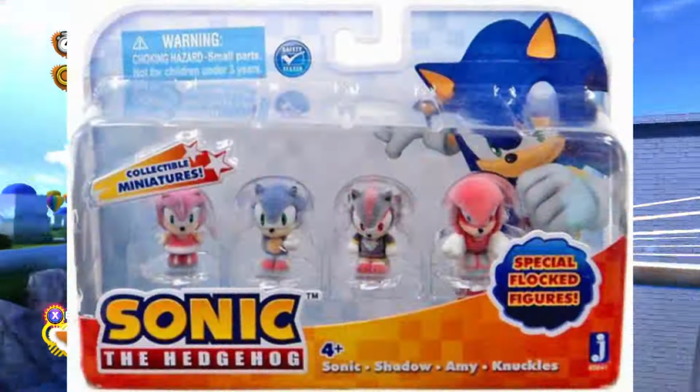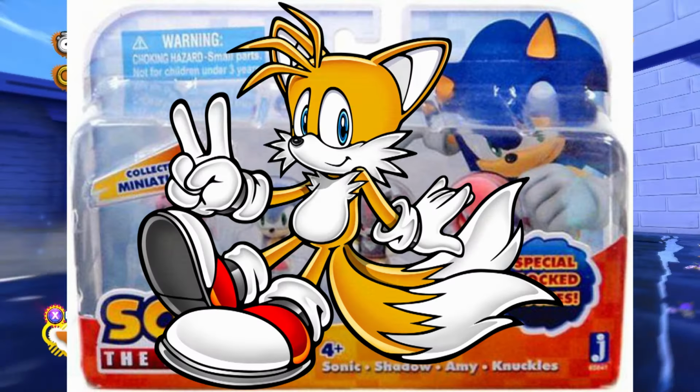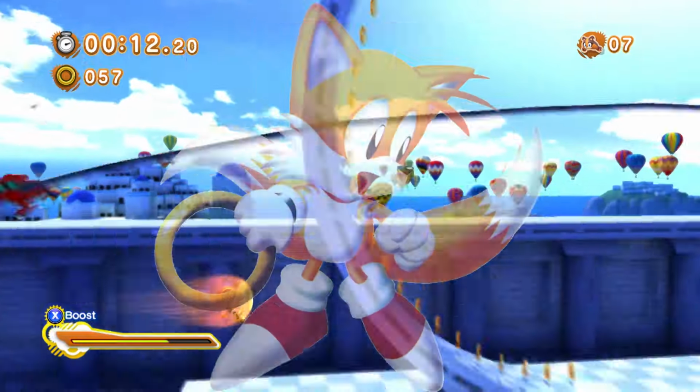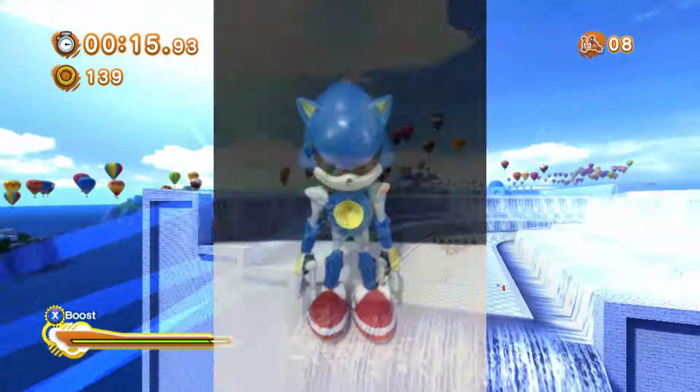Moving on, we have these weird, tiny, flocked figures of Sonic, Knuckles, Shadow, and Amy. Why no Tails? Out of all the characters they could have chosen, Tails would have been the perfect one. His whole design revolves around how fuzzy and cute he is. Look at him, he's f***ing adorable! And then we get on to...